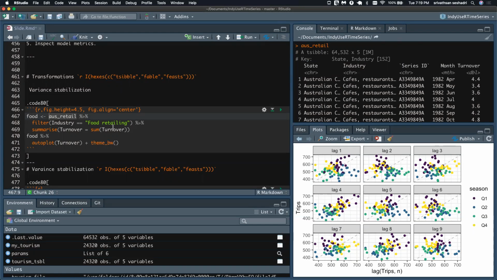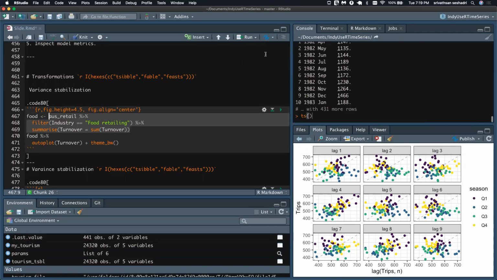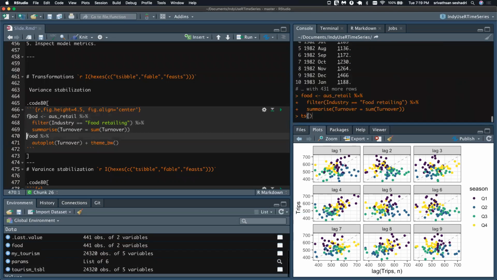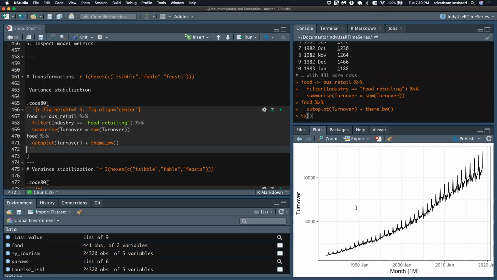So what I'm doing is filtering on the industry food retailing and just summing up the turnover. This is how the data looks. I made it into a Sybil.